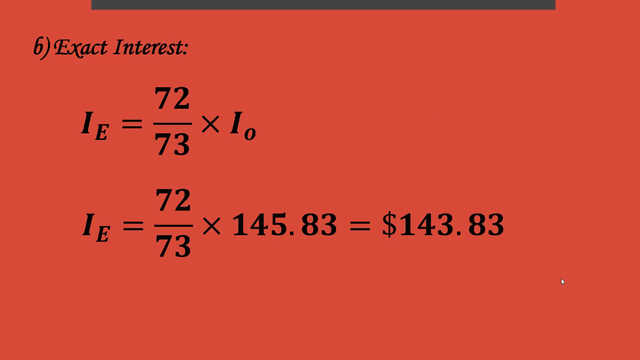Now we need to get exact interest by using ordinary interest. We will use the formula I exact equals 72 over 73 times I ordinary. So I exact equals $143.83. Note that I ordinary